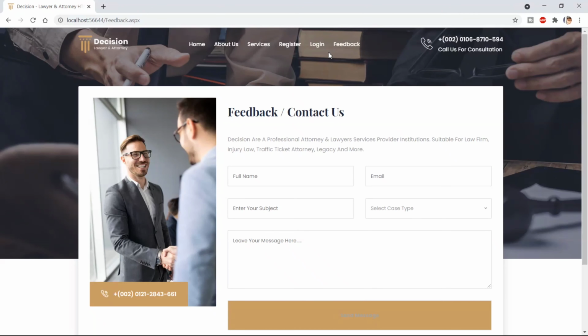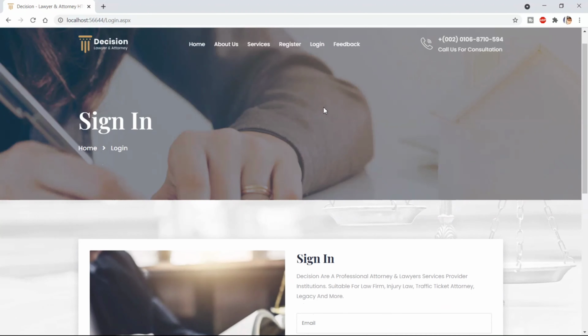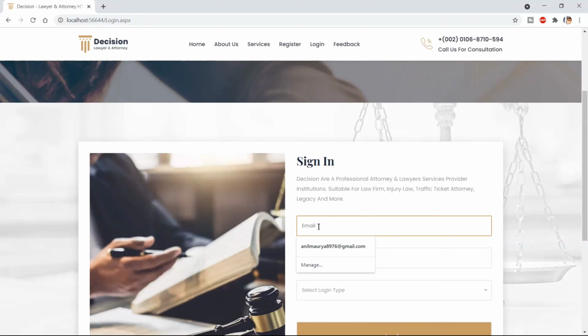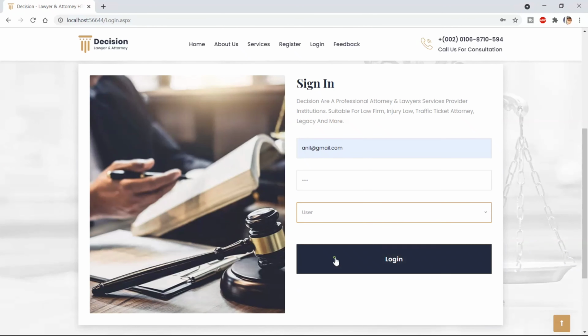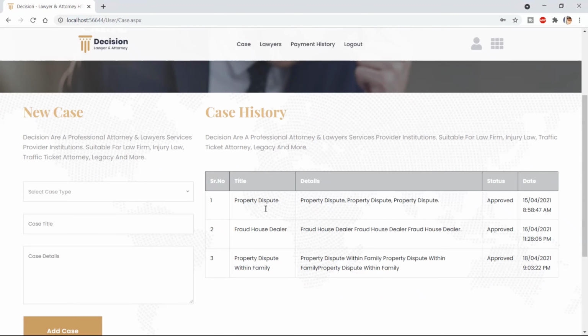So let's try to log in with the user account. I already have the user, so I am logging in with that. This user already has the history of the cases they have added, and they have been approved by the lawyer.